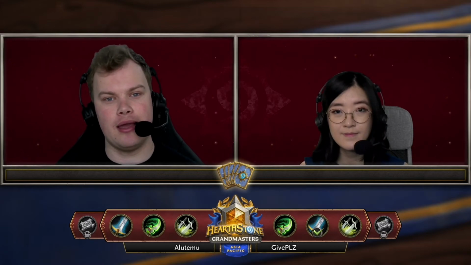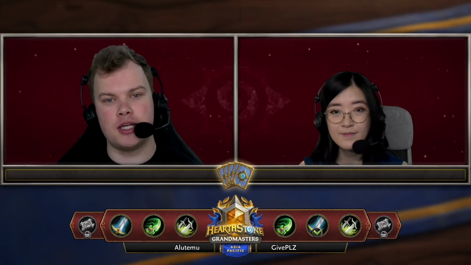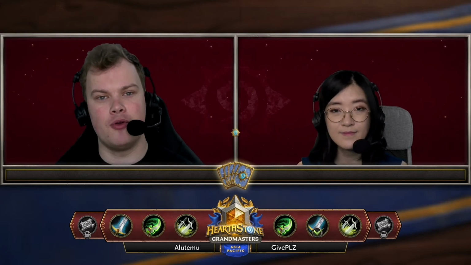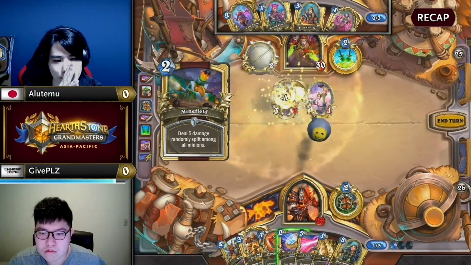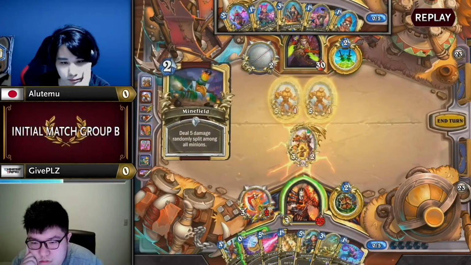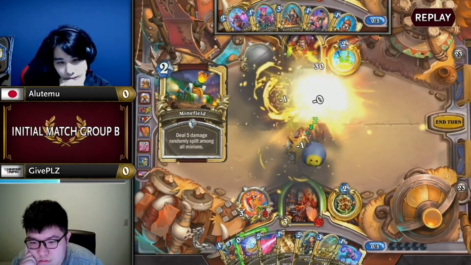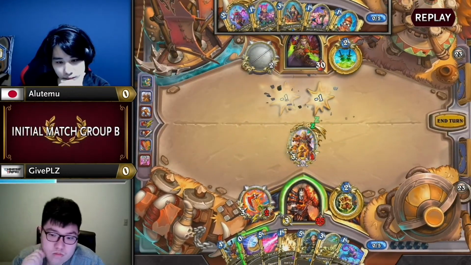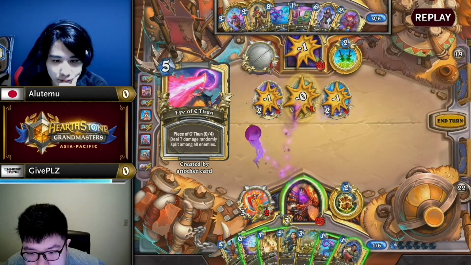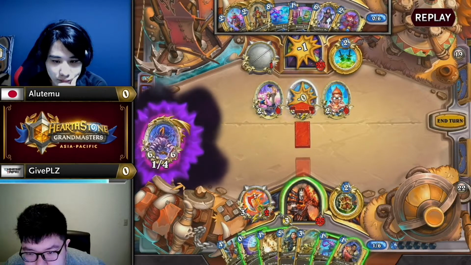He knew exactly when you're able to hold back. The turn where he was neophyted and didn't remove any of these minions to let Alutemu overcommit, I suppose, into a Rancor. It's just great understanding of the matchup. And I do think that was like an above average outcome in terms of how much extra value Alutemu was able to generate. He essentially got free